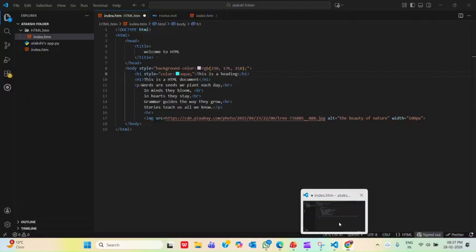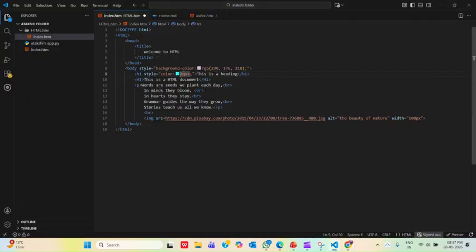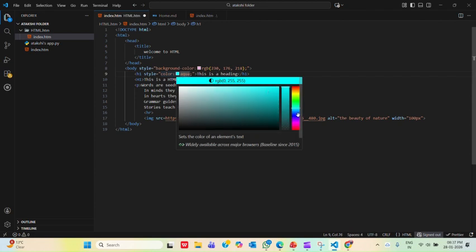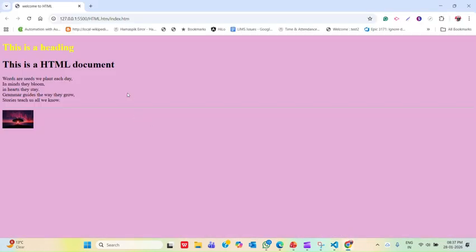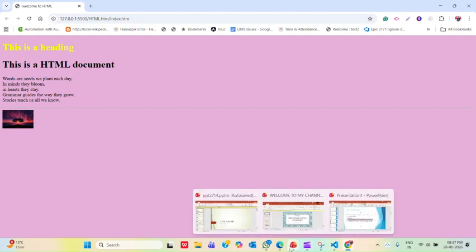We can try any other color too. Just we have to click here or anywhere else if you want some other color. So I have just clicked here. So just control save and go here, and you can see that the color is changed into a yellowish color or into a yellowish shade. So let us go and watch which one is our next